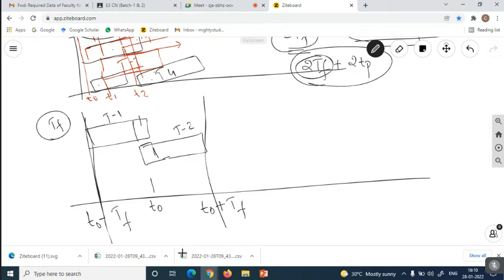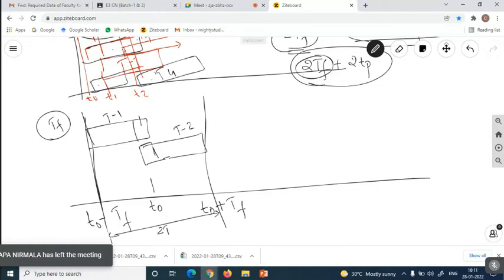So at the time of collision, it may be T0 plus TF or it may be T0 minus TF. So what is the total time in between this? T0 plus TF minus (T0 minus TF) is equal to 2TF value. That will be the vulnerable period.